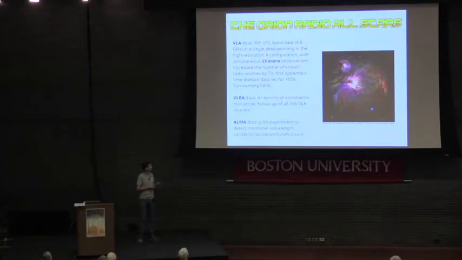And one feature of the VLBA that is new and that is also very cool, we can follow up all of them with the VLBA due to advances in correlator technology. So we also have VLBA information for more than 500 sources in Orion. This is an ongoing experiment. And we're expanding this into the millimeter range with ALMA in the inner cluster. And so in the remaining minutes of this talk, I will highlight a couple of features of all of these